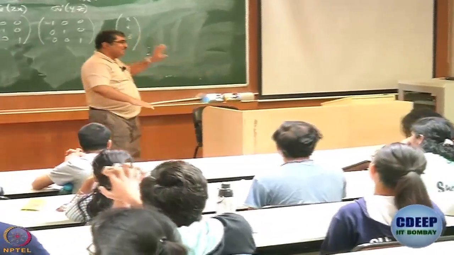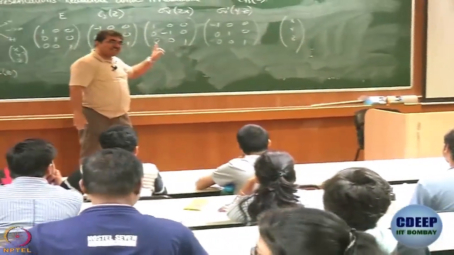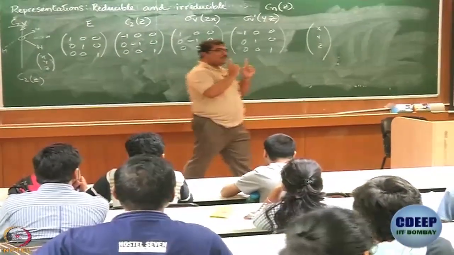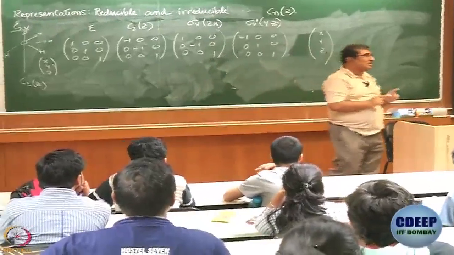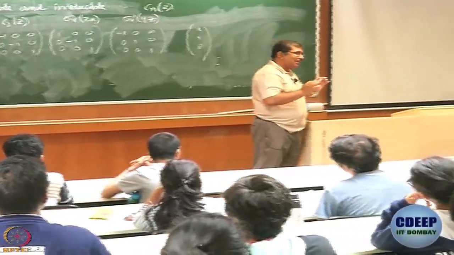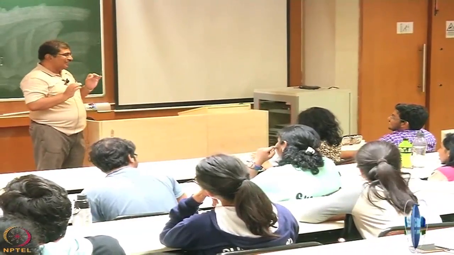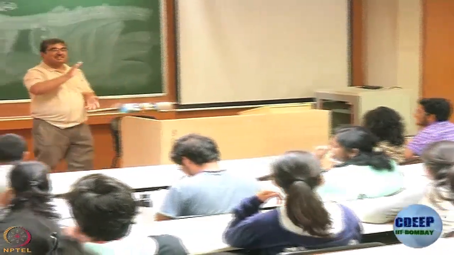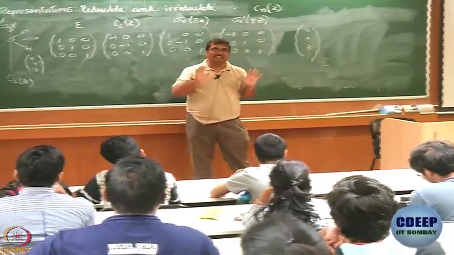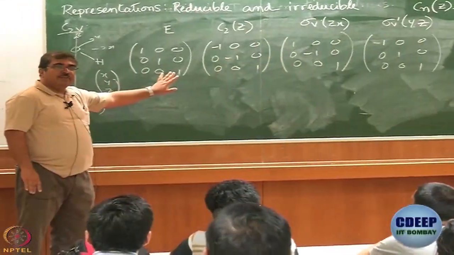So, now the second hen. Remember what I said? I said that symmetry operations belonging to the same class have the same trace, the same character. I did not say the converse is true, right. So, that is my second hen in this hen stealing case. Are we comfortable with the matrices?